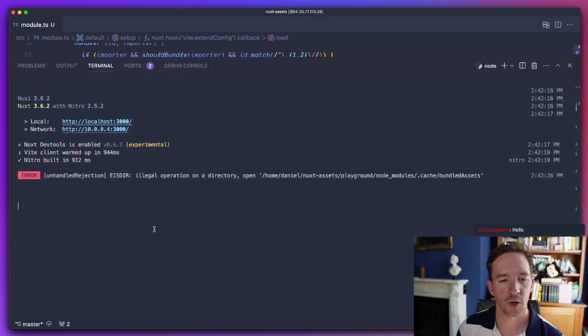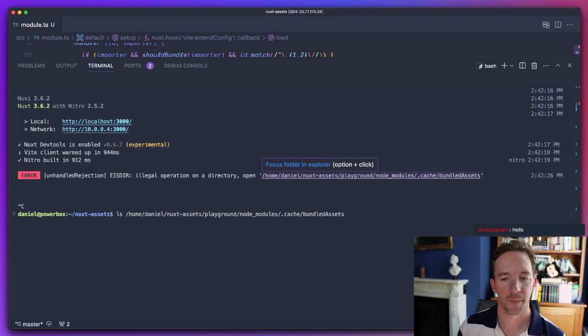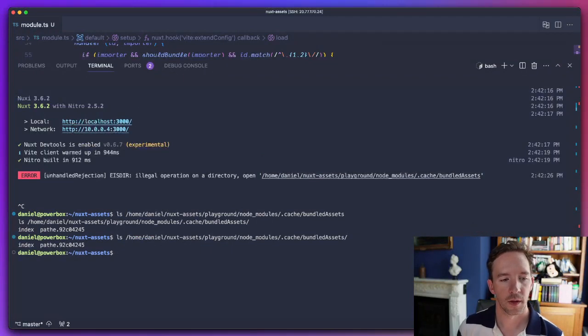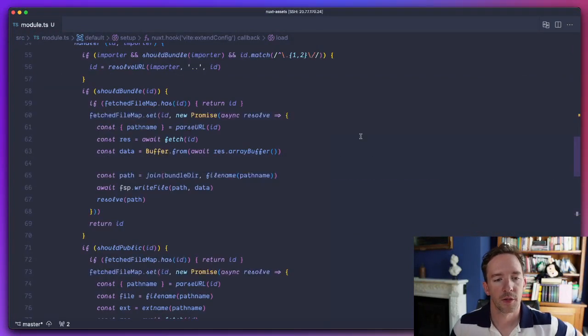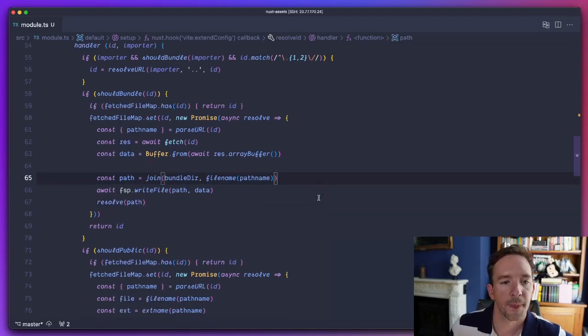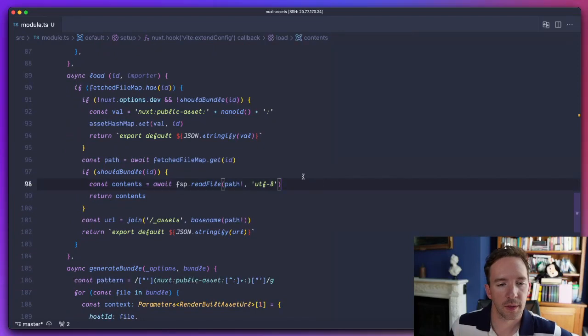And for some reason that's not written yet. Let's have a little look. Okay, so there's something there, and the path is there, and that's what we're resolving once it's written. So we should be able to come out with